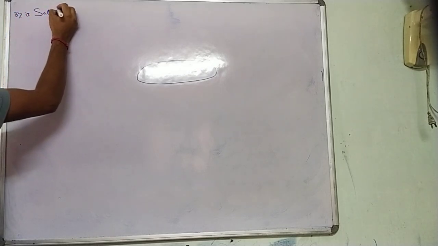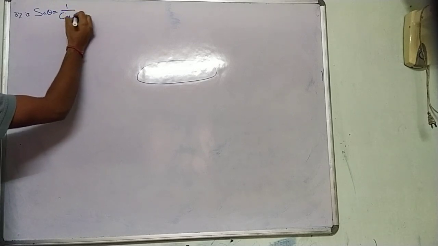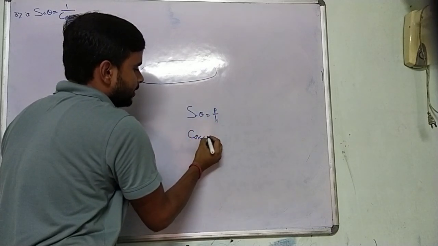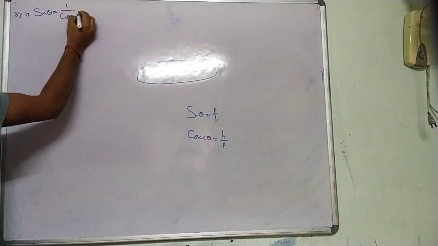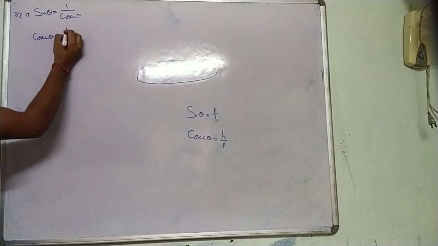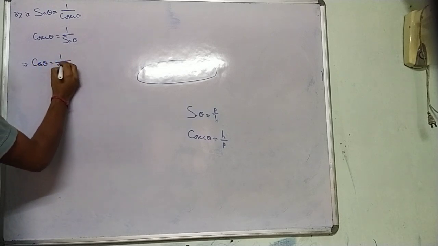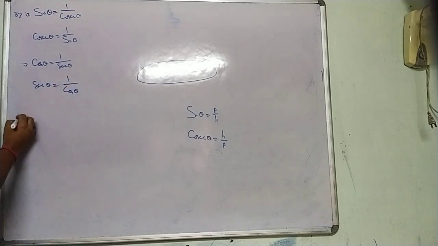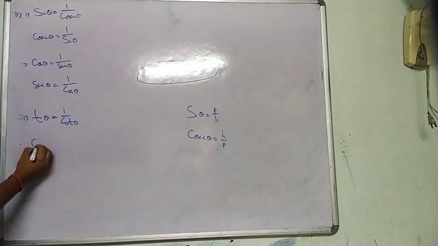We find that sine theta equals to 1 by cosec theta. You have seen here that if sine theta is p by h, what is cosec theta? It is h by p. So that's why sine theta equals to 1 by cosec theta and cosec theta equals to 1 by sine theta. Number 2, cos theta equals to 1 by sec theta, and similarly sec theta equals to 1 by cos theta. Number 3, tan theta equals to 1 by cot theta. Similarly, cot theta equals to